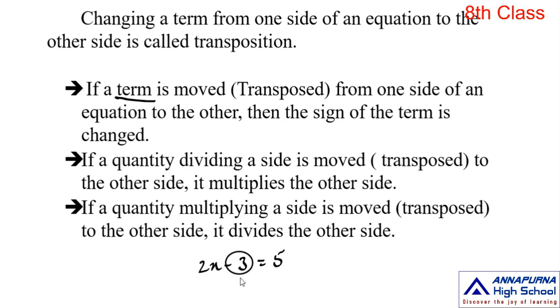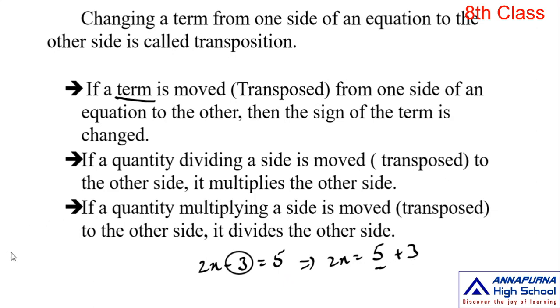So when I move a term like this, the sign of the term is changed. Actually this term has which sign? Minus sign. So when you transpose it to right side, it changes to plus sign. So in the right side part already you have 5. Okay, so this minus 3 is transposed to right side, it changes to plus 3 and it is added to the right side part. So right side already has 5, so it is equal to 5 plus 3.